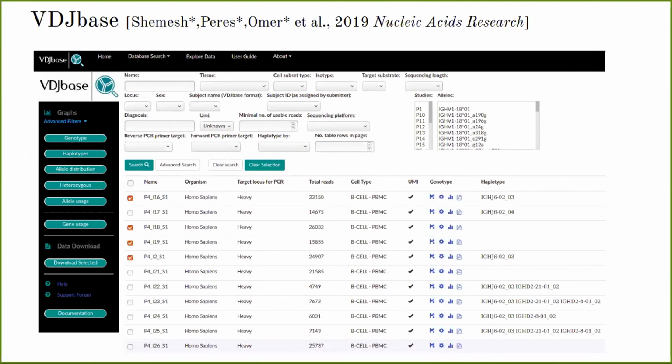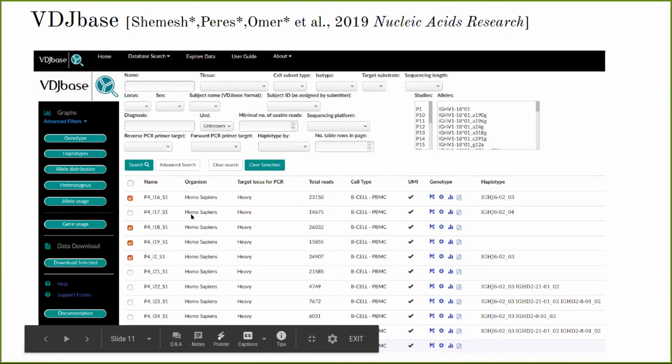Okay, so let's look at a snapshot of the search section page of VDJbase. Our application allows users to query and filter data according to selectable metadata criteria, such as clinical diagnosis, ethnic group, gender, cell type, and etc. The results are displayed as a table where each row represents a sample along with its related metadata, such as organism, target locus, heavy or light chain, total reads of this sequencing sample, cell type like PBMC or naive cells,